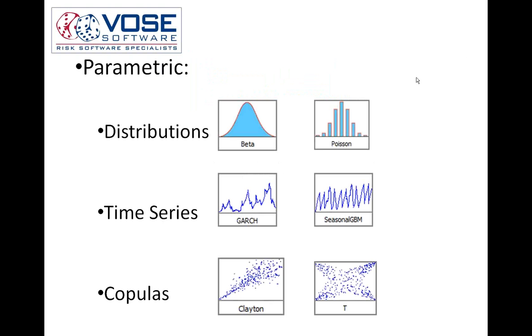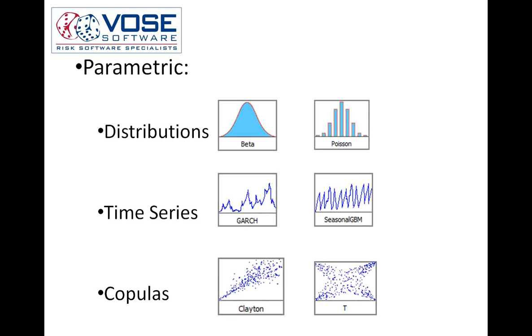So let's begin. We'll start with the simplest and the most basic, and that is parametric fitting. We can use parametric fitting to fit historical data both to probability distributions, to time series, and also to copulas. Distributions are obvious. Time series are a set of data that happen over the course of a period of time that are all related, and then copulas are used for